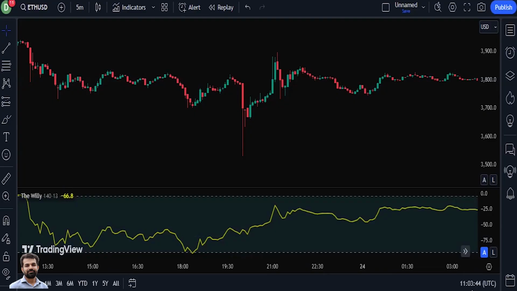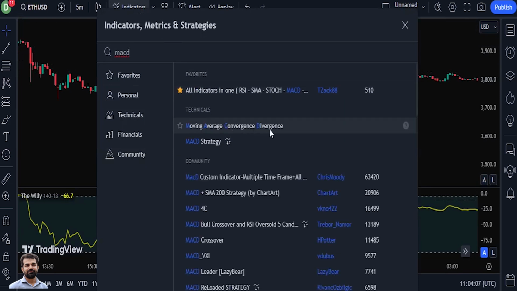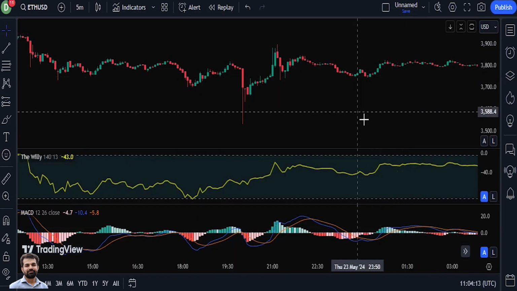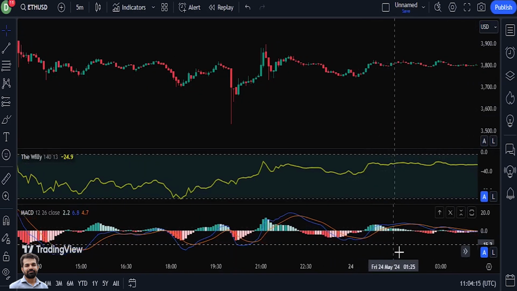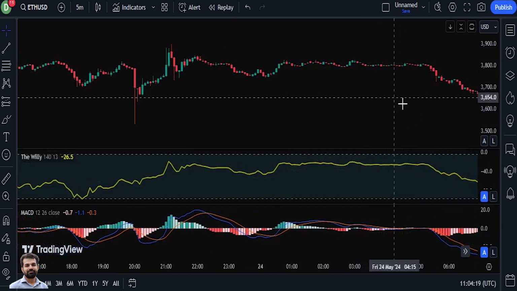The second tool that we are using is another oscillator, which is MACD, Moving Average Convergence Divergence Oscillator. So go to the indicators and type MACD and select it. MACD is a versatile and widely used trading tool that offers several key advantages. It is particularly effective in confirming the direction, momentum, and duration of trends, making it invaluable for traders looking to